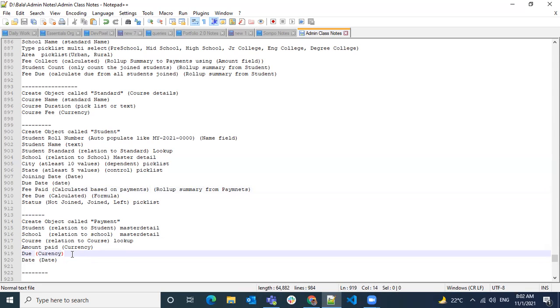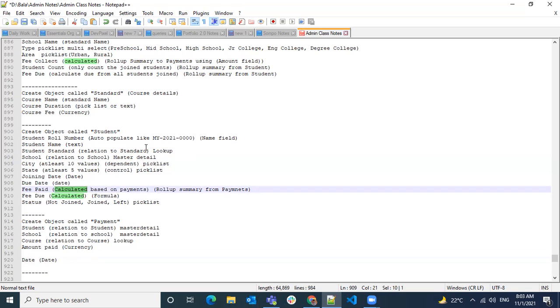So if you're not having this due field here, then you only have the amount paid. Let's say they paid 4 installments and they have 400 as the paid amount. And on the student itself, we have a standard lookup, right?